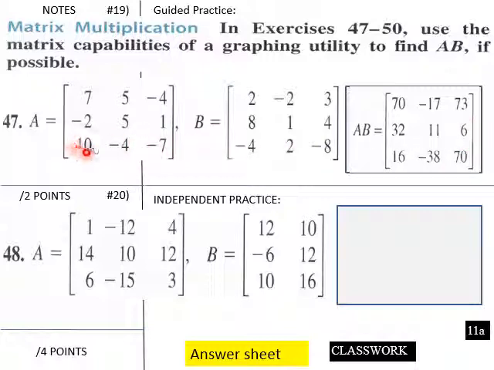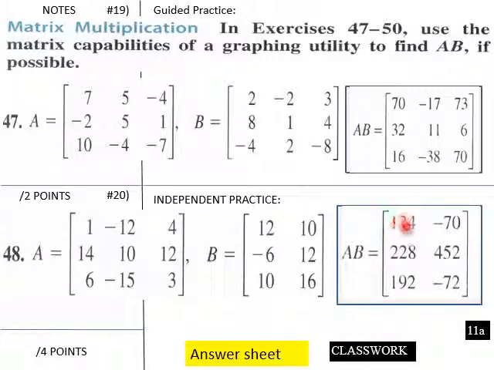And then for down here, for this row here, this row times this column. Or rather, I'm sorry, this row times this column will give you 16. This row times this column will give you negative 38. And then this row times this column will give you 70. And then down here, we have three rows and 3 columns. Then here we have a 3 by 2 here. So it'll be this row times this column